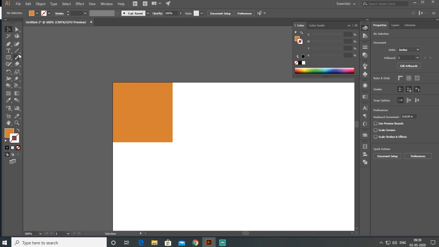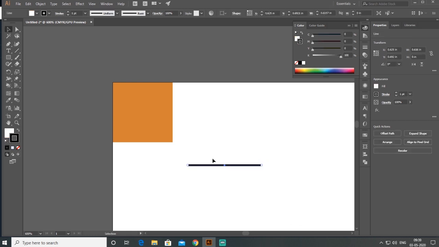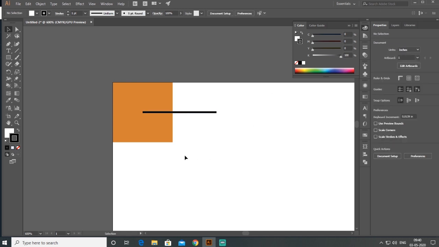After doing that, I make a line and change the reference point to left center, and X and Y will be 0.5, 0.25, right?